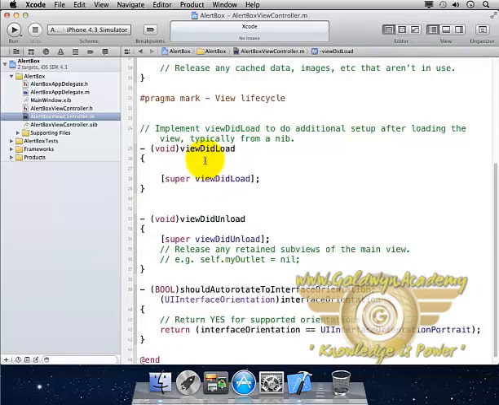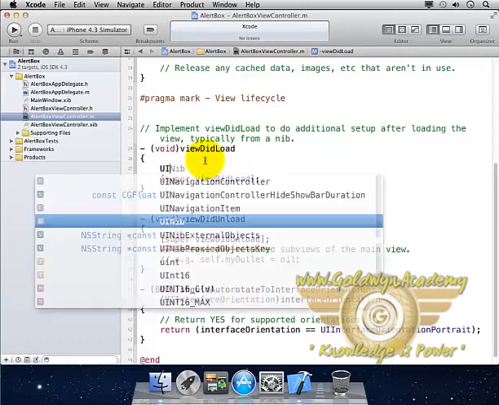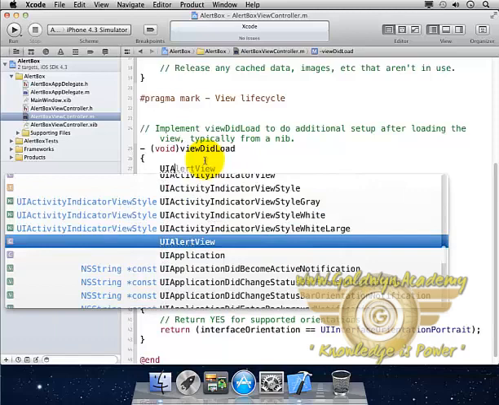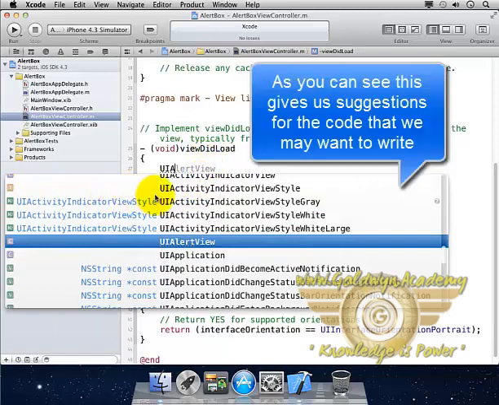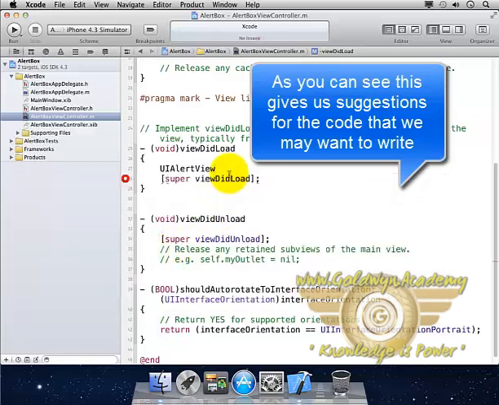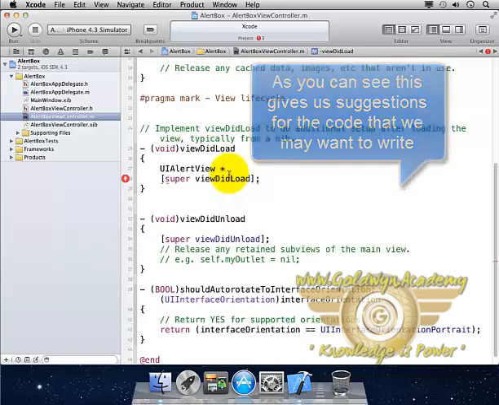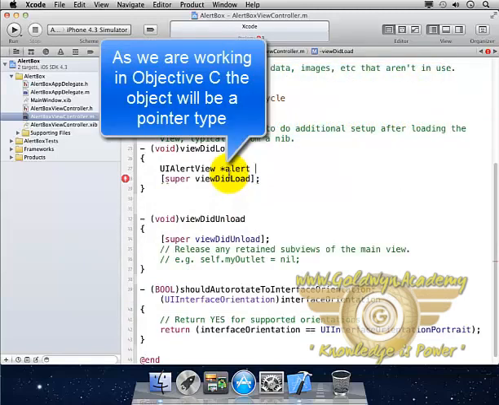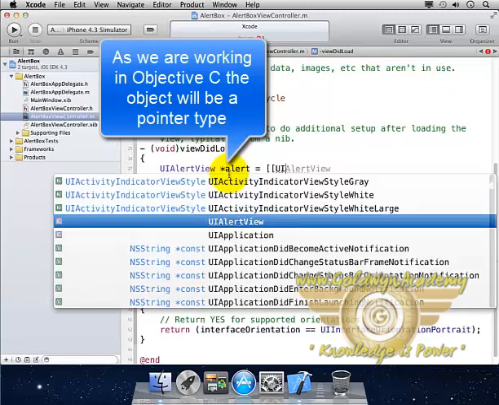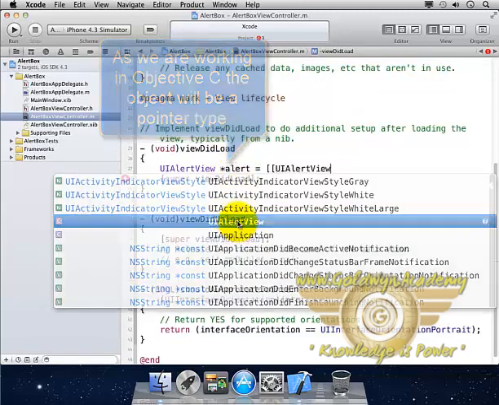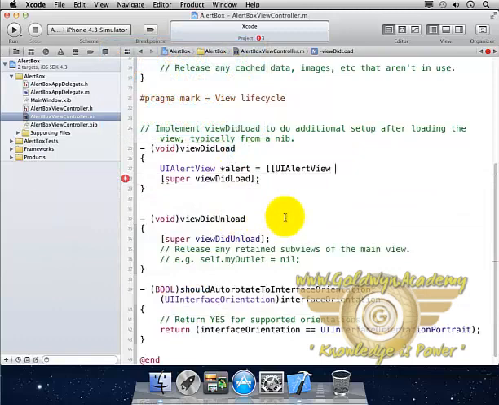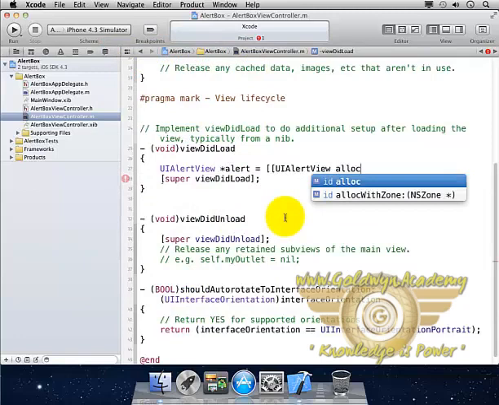So here we'll type UIA, and as you can see, it gives us suggestion of what we want. We want exactly this one, UIAlertView, and we'll name it alert is equal to, we want this again, and what we are doing right now is we are allocating it in memory. So we'll use this alloc,